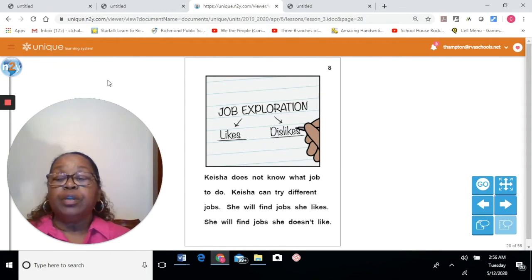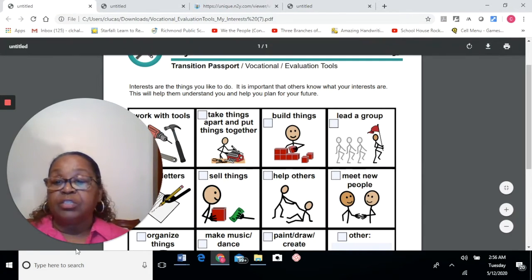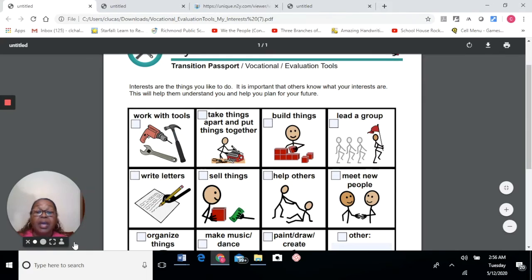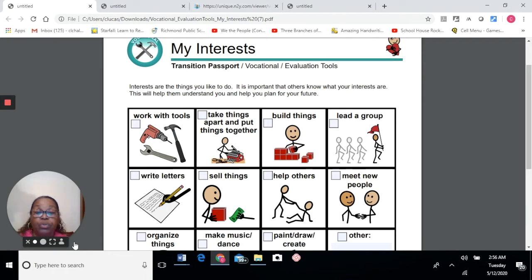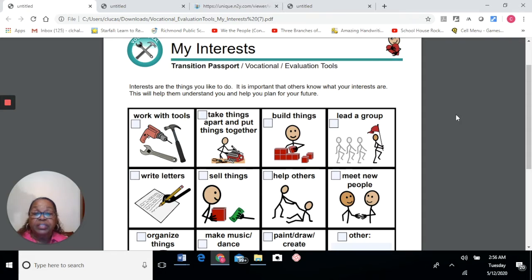Now, we're talking about graphic organizers today. We want to get organized. We want to stay organized, especially when you're looking for a job. And this is a graphic organizer. It has information that motivates you to think about the things that are needed for you to get a job, for instance. So, my